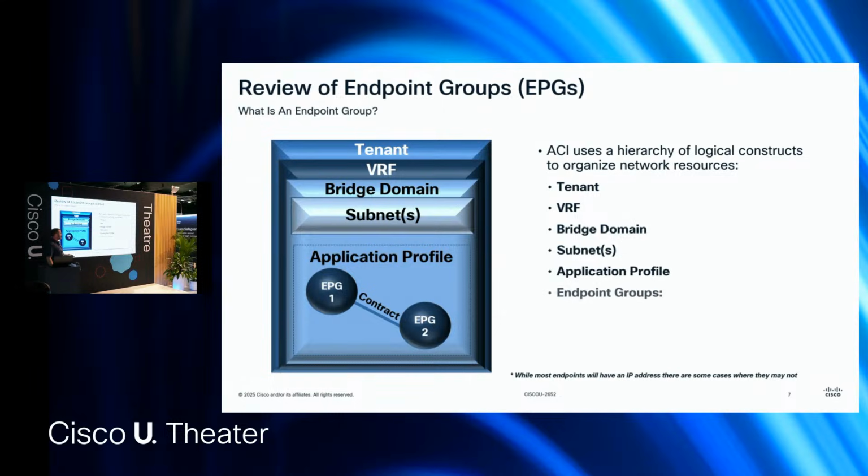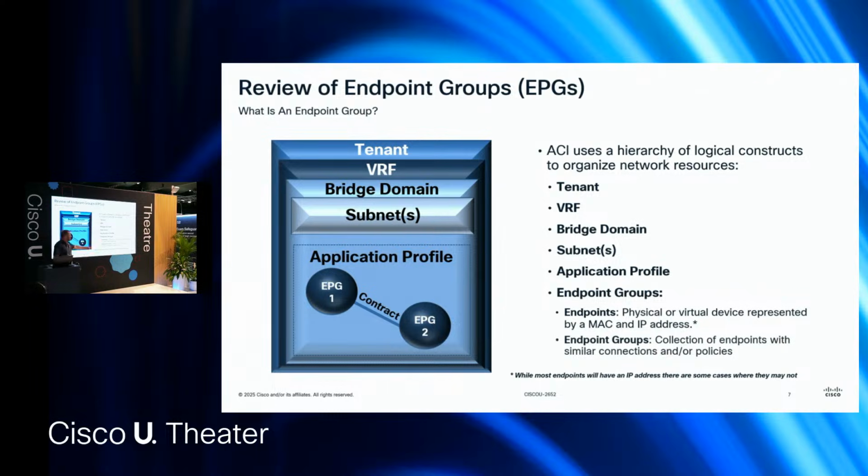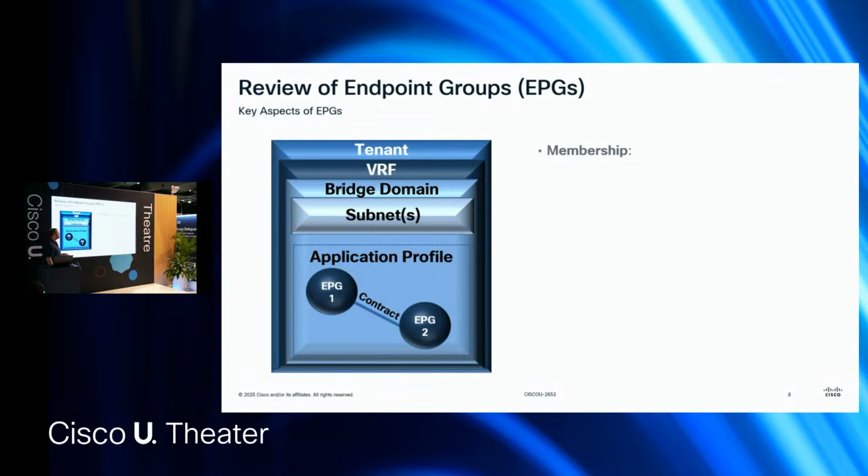But suffice it to say, endpoint groups. An endpoint, if you've ever read the Cisco contract white paper, is a MAC address and one or zero or more IP addresses. So you're always going to have a MAC address that signifies an endpoint, and sometimes you can have multiple IP addresses, but that's the definition. And the endpoint group is just you grouping them together by some kind of function. Maybe it's servers, maybe it's database, whatever. You do it by function. That's all very familiar, I'm sure.